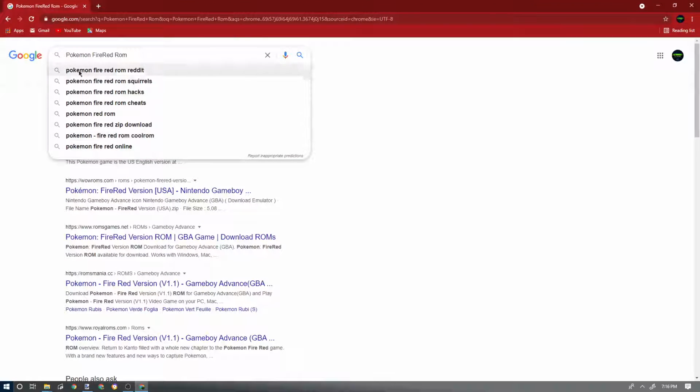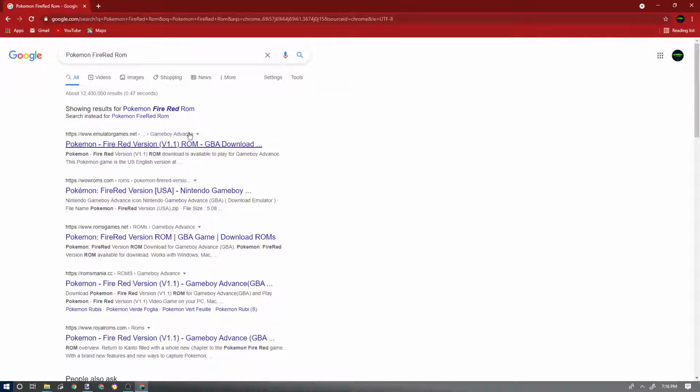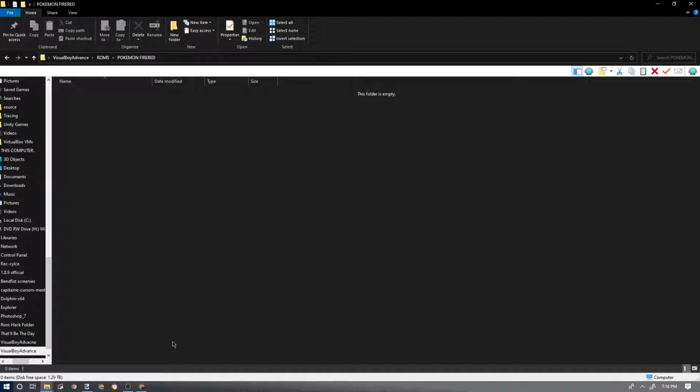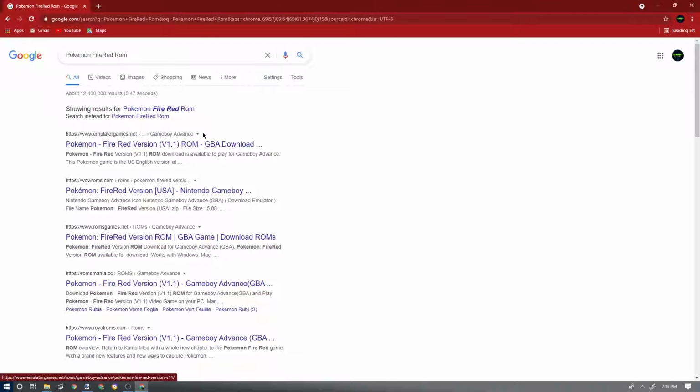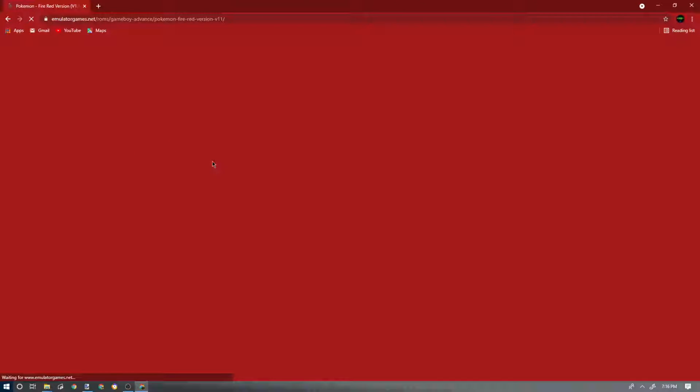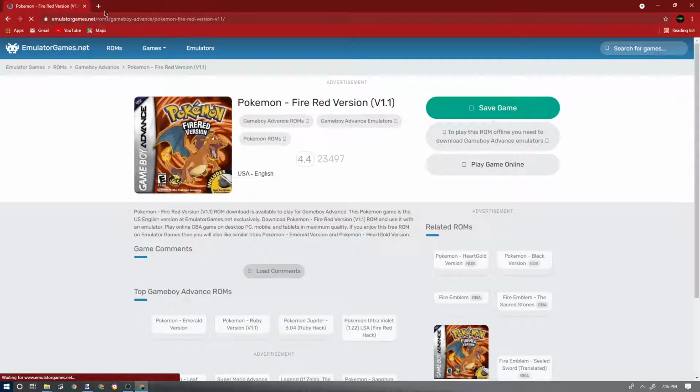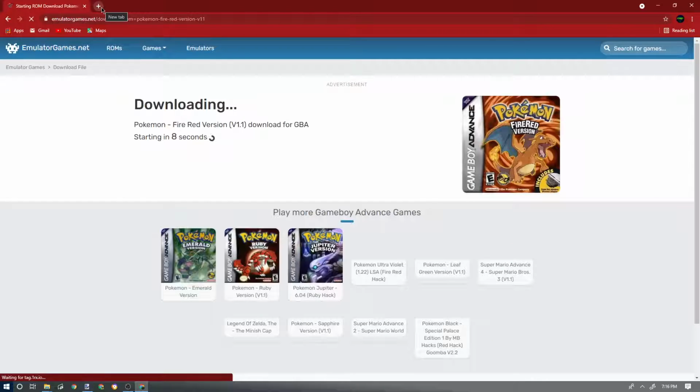Second, you're going to want to find your ROM. So I'm using Fire Red, but you can literally use any ROM in existence. So I'm going to get the ROM from Emulator Games, save game, quickly. Now I'm just going to click off for a sec